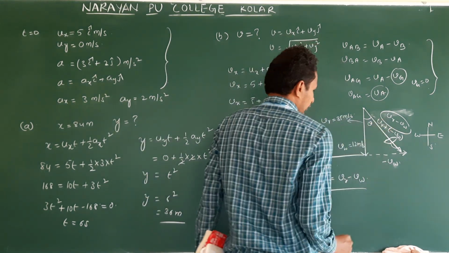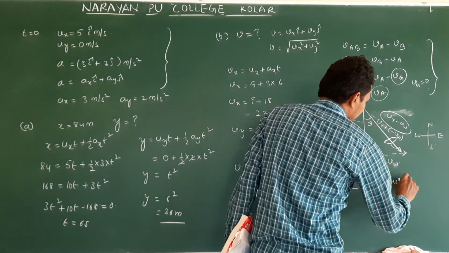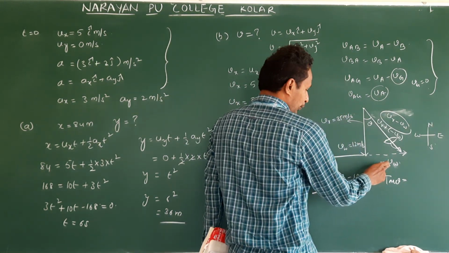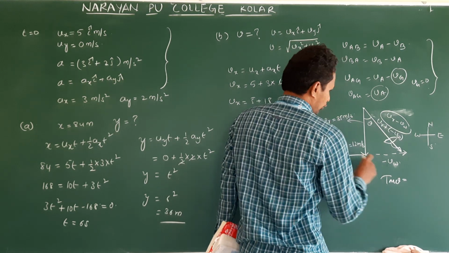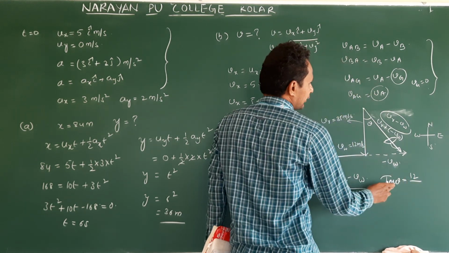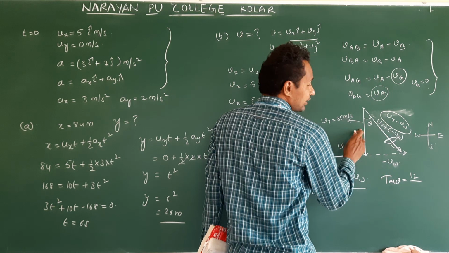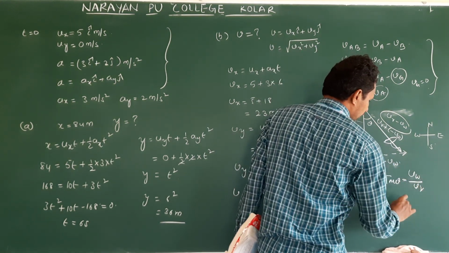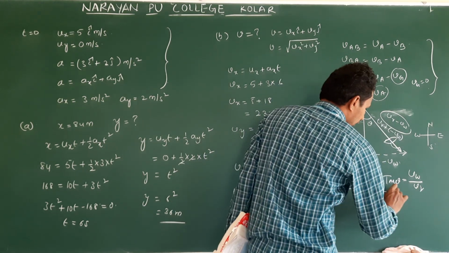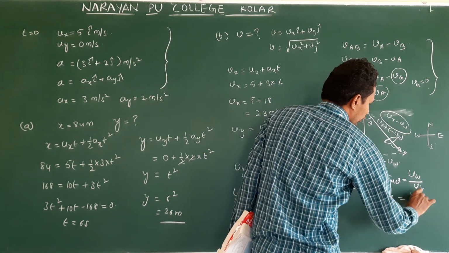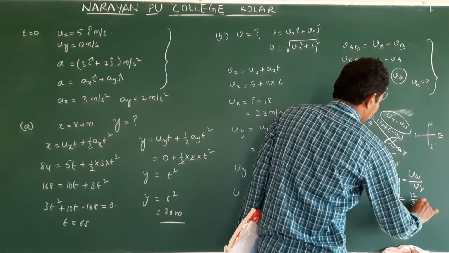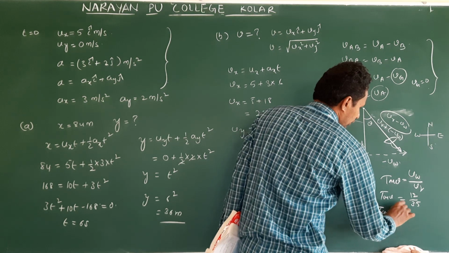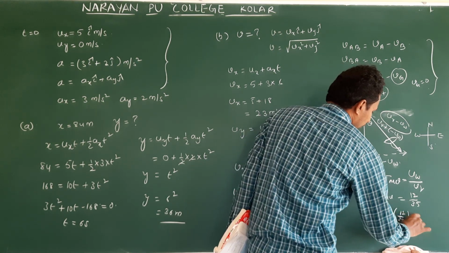So this is theta. Then what do you take? Tan theta is equal to the opposite side. What is the velocity of movement? It is 12, divided by the adjacent side. Actually, I consider VW by VR. So tan theta is equal to VW by VR, which is 12 by 35. Okay, theta is equal to tan inverse of 12 by 35.